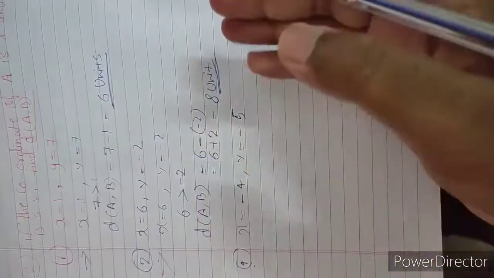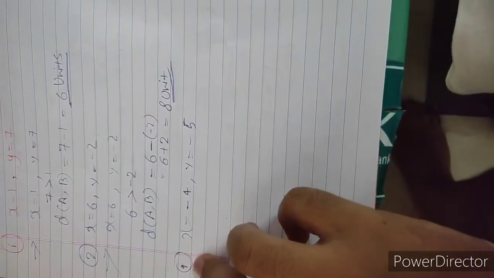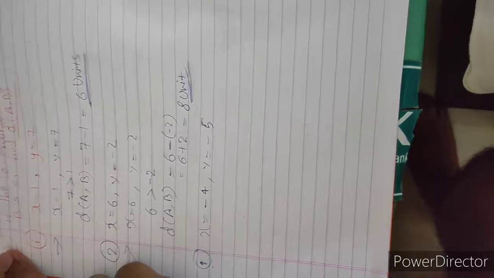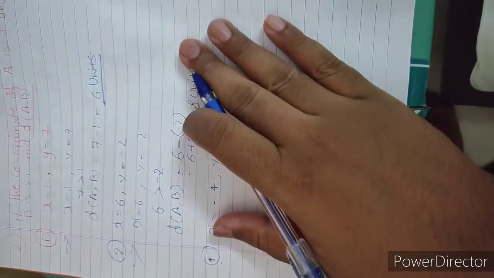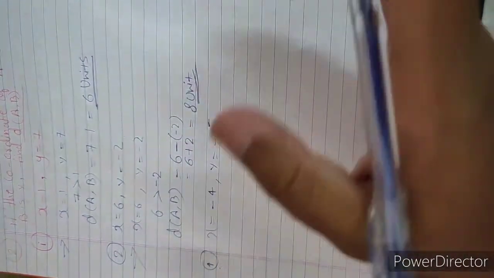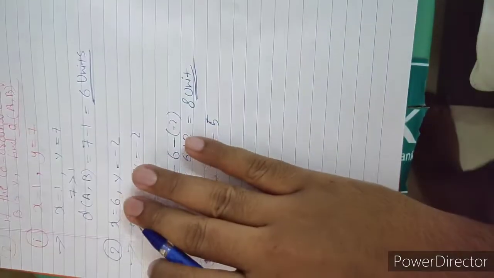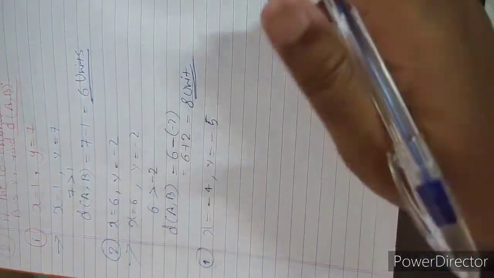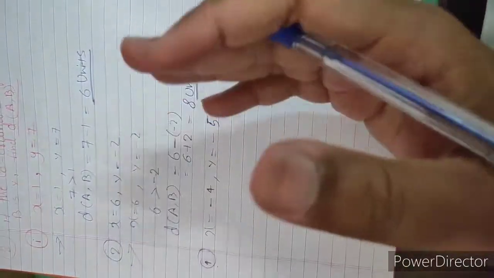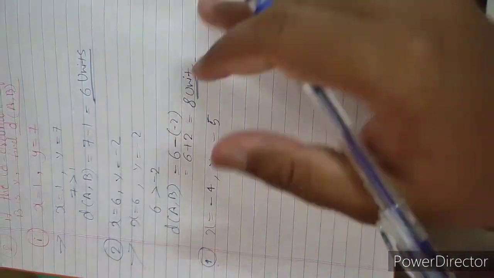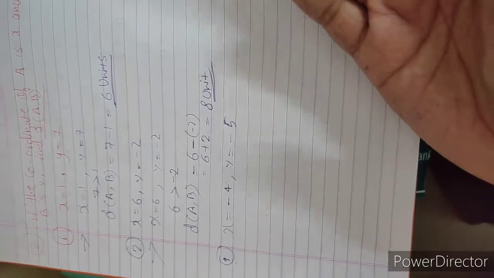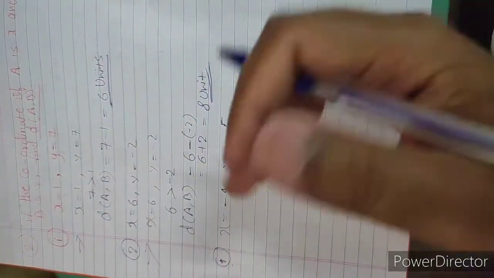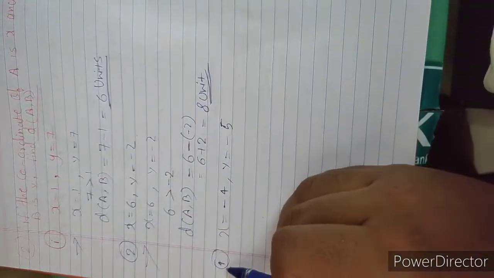I am doing a third question as well, that is question number 4. This question number 2 contains 6 questions, in which I am doing 3 questions, and the remaining 3 questions you have to do yourself. Okay, and as I told you, send them to me on WhatsApp, or if you have any doubts, you can ask me on WhatsApp or call me. So let's do the next one, which is question number 4.